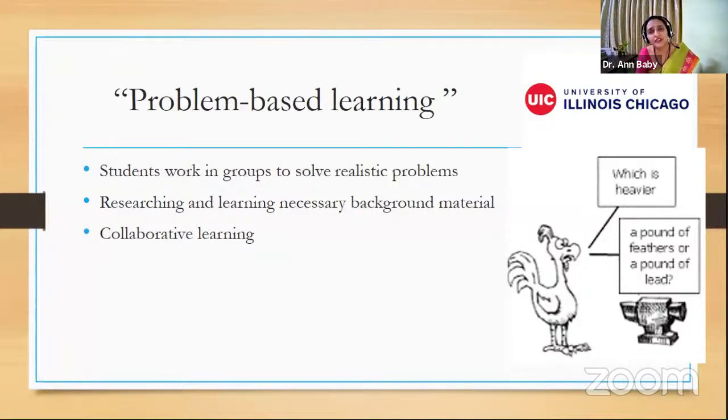They will do a lot of research. In the process, they will find how to get feathers, from where lead is produced. You handle lead, your hands will become black. It's messy. Feathers, they're allergic. They give you a sneeze. They learn a lot from it. They learn how much is a pound, how many pounds make a kilogram. Collaborative learning, all that happens over there. Problem-based learning.